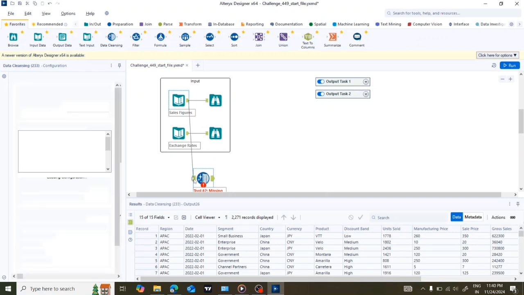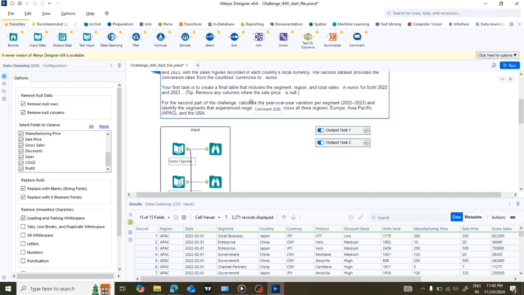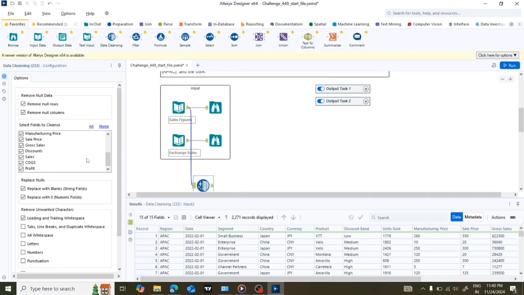This is a very beautiful tool which provides you a lot of things to clean your data. So I'll be removing all the things which I find. So it has already specified the region, like sales price. So I'm doing it for all, or you can just